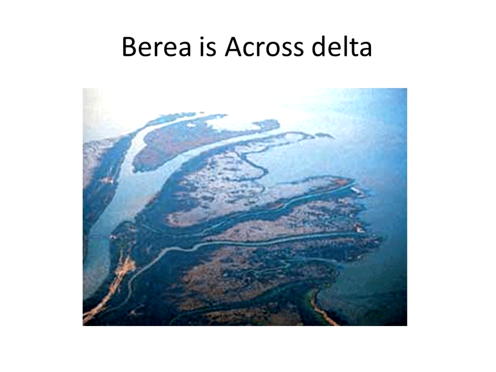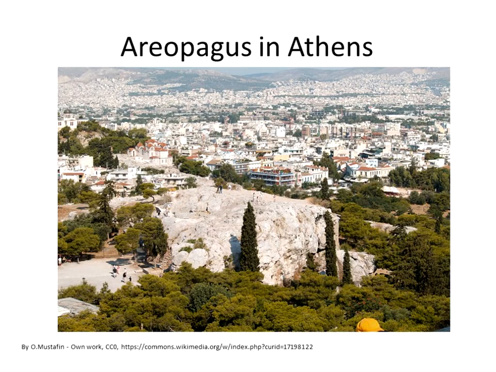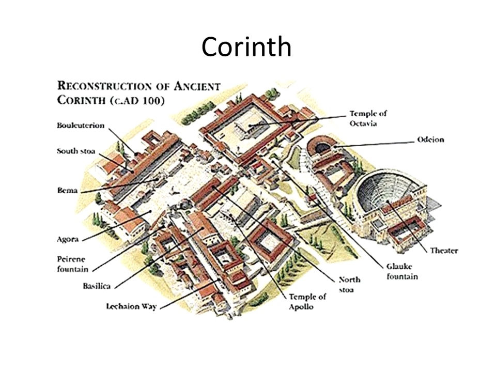Then when he got to Thessalonica, he stayed there for a while, and when he escaped, he crossed a large delta. He probably went south when he escaped from Berea across the Aegean Sea. This is a picture of the Aegean Sea around Mount Olympus, where Berea is on the other side of it. Now he lands in Athens and speaks to the philosophers on the Areopagus in Athens,